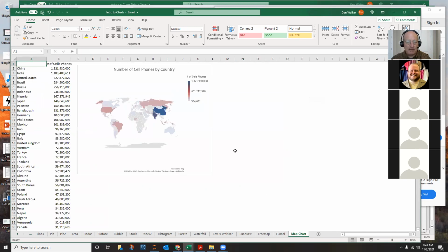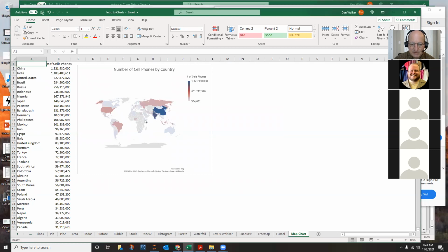And a map chart. Now, I've had some fun working with these, trying to figure out a way to do county level data, like only in one U.S. state, like in Arkansas, because I was trying to help Damon and another student work with county level demographics that aren't necessarily on a publicly made chart. And if you